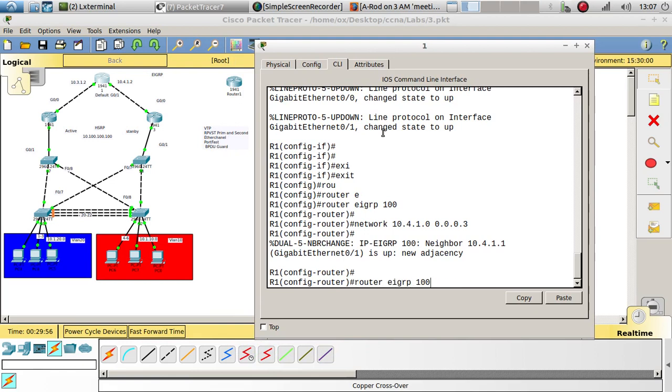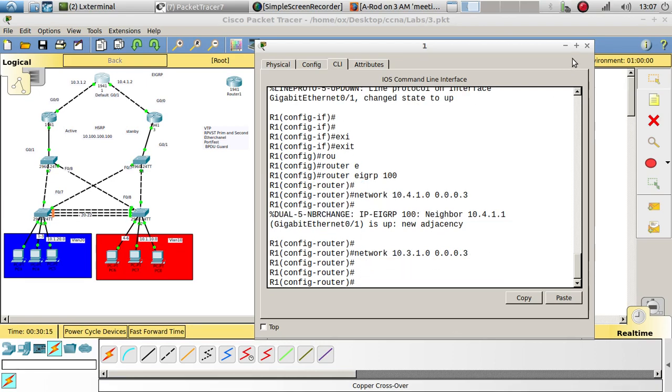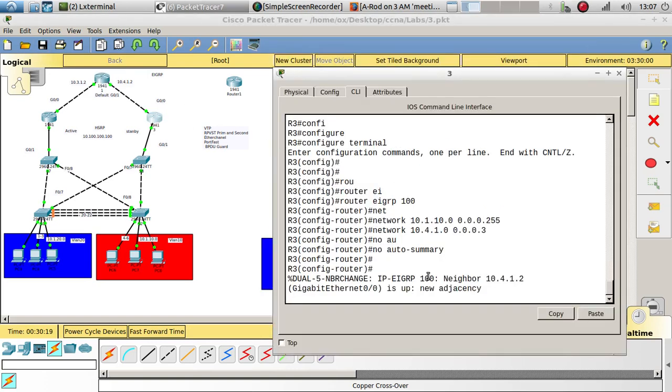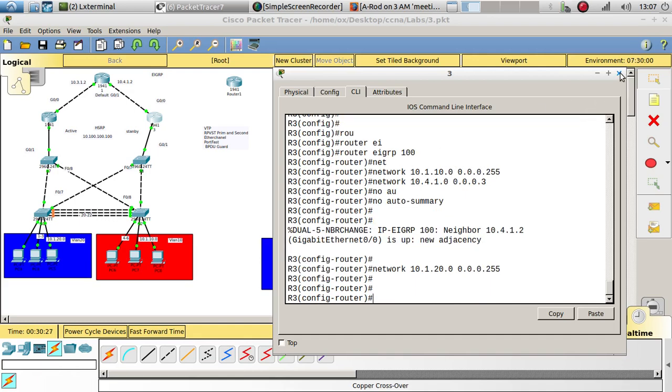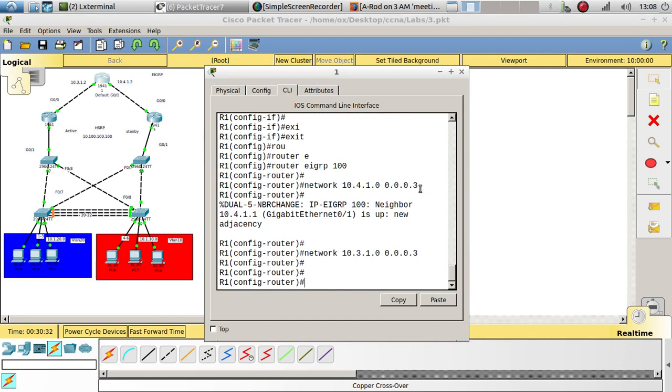Let's also add EIGRP. For this router we need to add 3, so 10.3.1.0. All right, and also what we could do, let's go ahead and save it. I learned my lesson last night. From this side we can also add 10.20. Okay, that's good. Now we added both of them, so let's go ahead and copy this